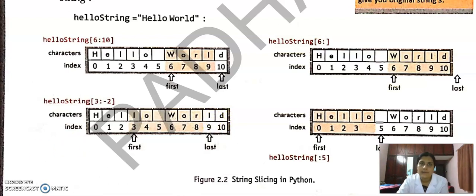We can use two types of indexing, from starting and from ending. If we are using from starting, 0, 1, 2, 3 are the indexes. If we are using the index from the end, then minus 1, minus 2, minus 3 and so on. So this D will be in minus 1 position, L will be in minus 2. So up to minus 2 means from 3, L. L is the character, then LO, space, WOR will be the output.